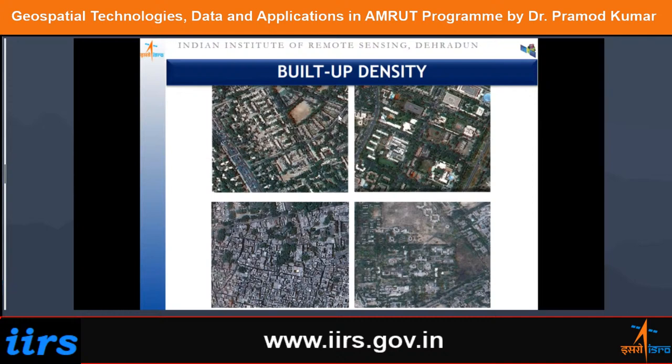And also, in the top two images there is a very distinct spatial pattern of houses and transport as compared to the bottom two images. That's how the